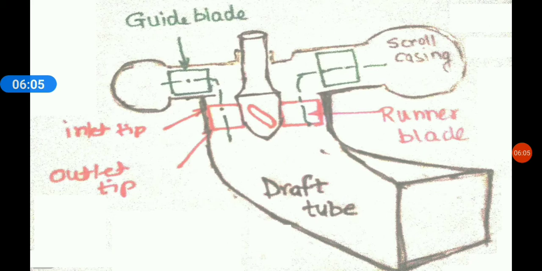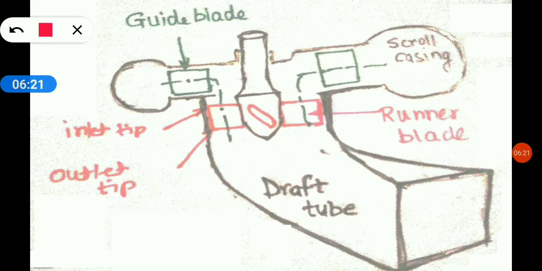There would be a change in the direction of flow. Fine. So there will be a deflection. So due to that deflection, there will be an impulse force. So impulse force would be there, reaction force will be there. But one difference with respect to Francis turbine is that here U1 and U2 are same.